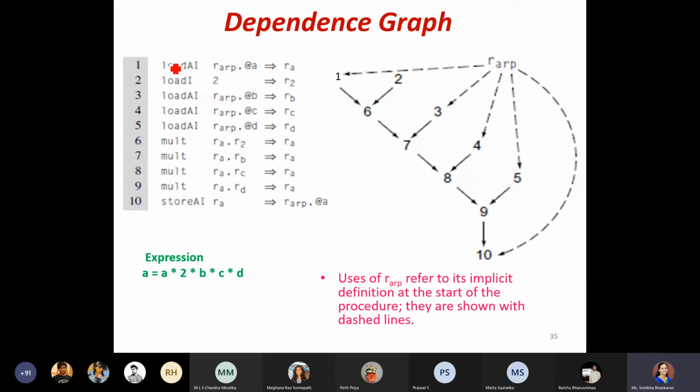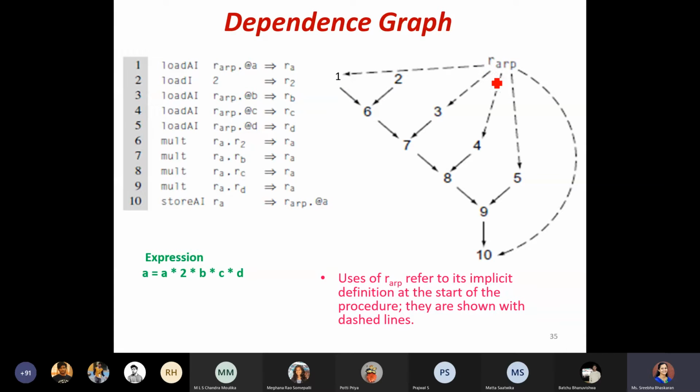First thing is we have numbered it. Instead of writing the entire list, for each statement, such as loading the content into a register, I have numbered it starting from 1 to 10. Whatever I have drawn here is based on these. In the first instruction, I am loading the value of A. That is what 1 represents. And from where am I getting it? I am getting it from the address, so from memory I am going to refer.